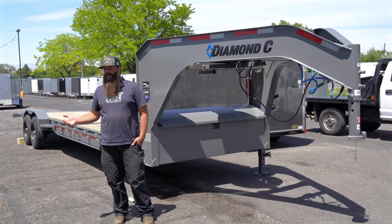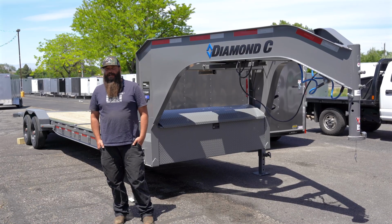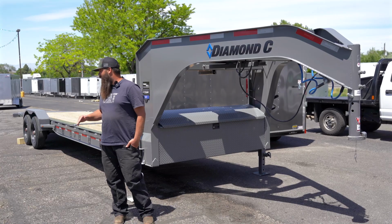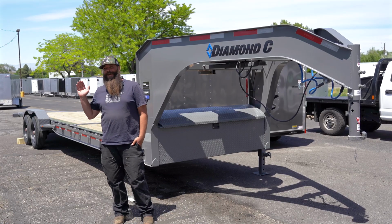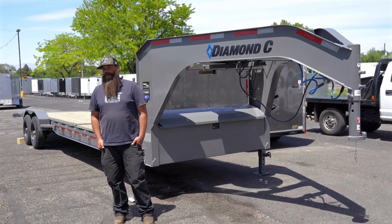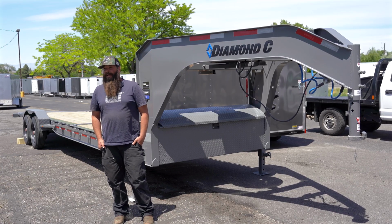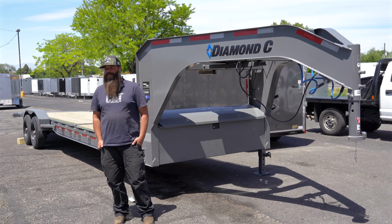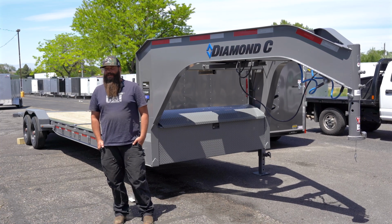I haul a track skid steer, 279D, a Mini X a lot, different pickups, and I just like being able to have the tilt come down, not screwing with ramps. Sometimes you have to have ramps like that dump trailer. It's got ramps, there's no way around that. But then having a tilt deck, just loading and unloading way quicker, way easier, way faster, a lot less drama,